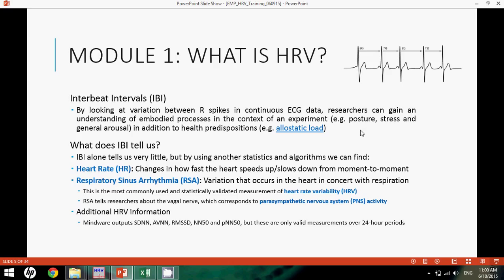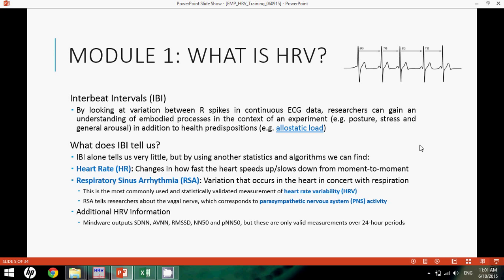The lower heart rate variability you have, the more it suggests that you're struggling with some health issues, or your general physiology isn't adaptable. So we collect this by looking at the IBI. We're basically looking to quantify all these R spikes throughout the course of the study, and we do this by using algorithms to mark all the R spikes first, and then our job is to manually go over those algorithms that are being marked, and then we can tell which points are valid and which ones aren't.